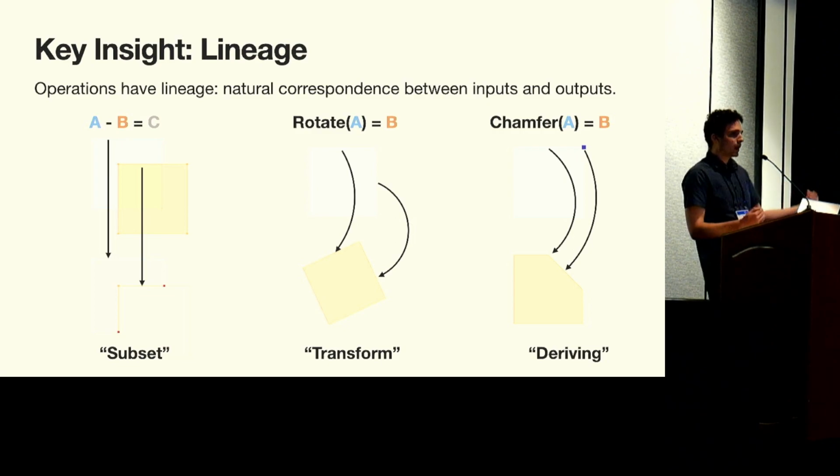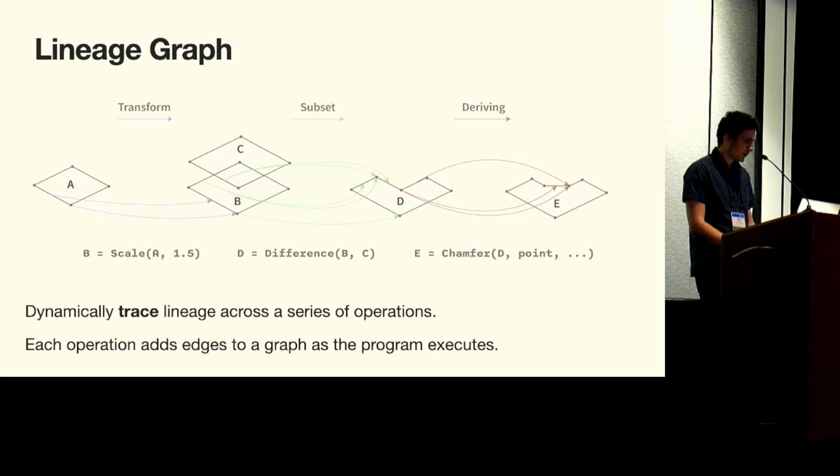We have this new edge that has been created, and that new edge is actually dependent on a couple of things in the input, but it's not dependent on everything, right? So there is a natural correspondence of, oh, you trimmed off this corner, this new edge is in some sense derived from that corner and its neighboring edges. Right, so we can actually trace these correspondences across a series of operations that we execute while the program is